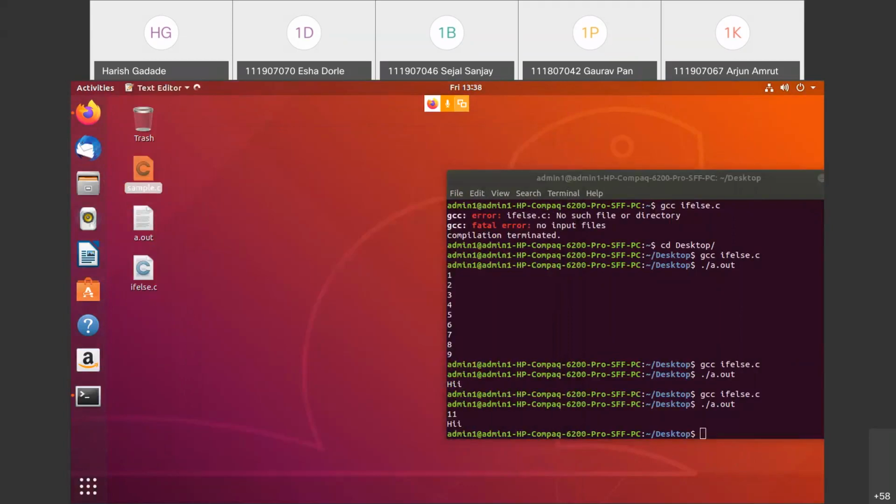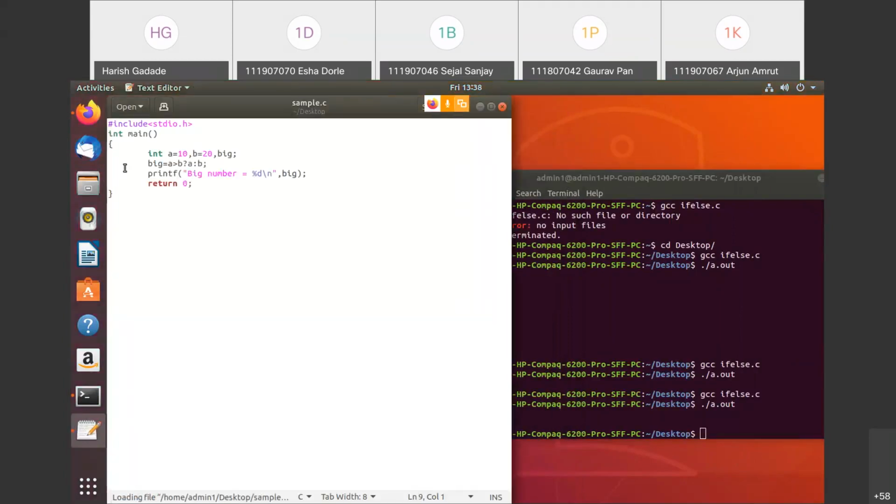Yesterday we saw the conditional statement, and in that we had one example that was running perfectly, but this was having some kind of error.